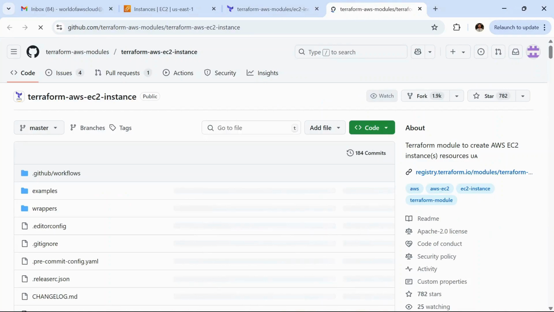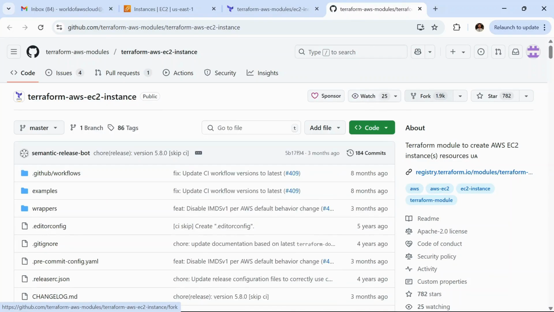The fork count is 1.9 thousand, and the stars people have given this repository are 782.